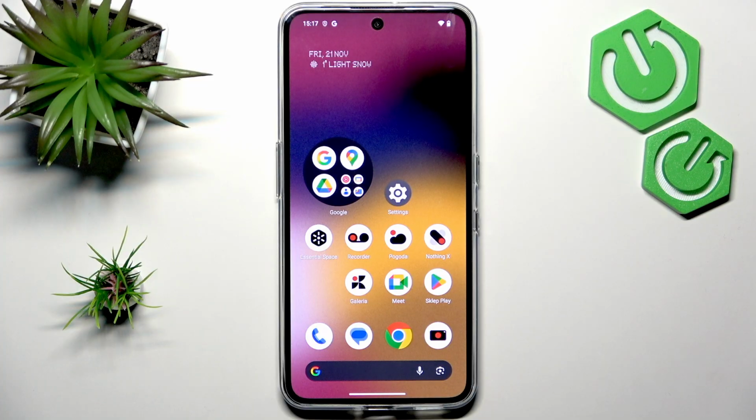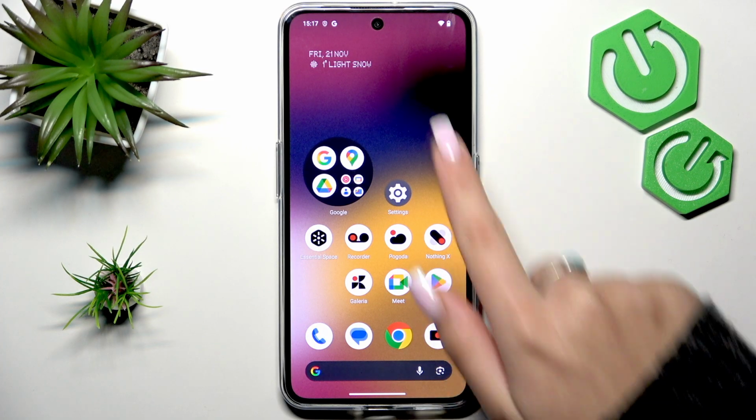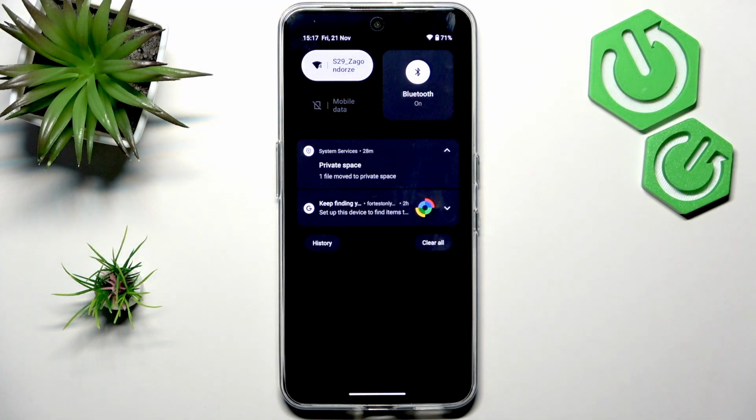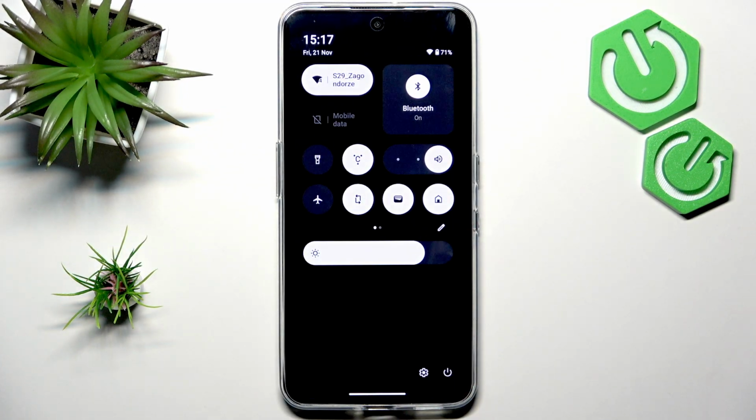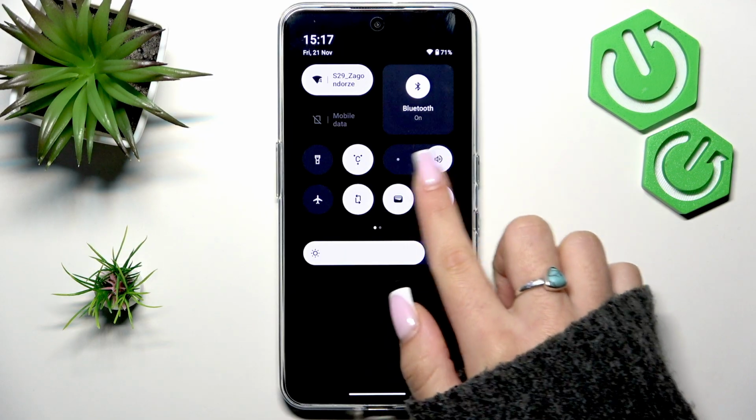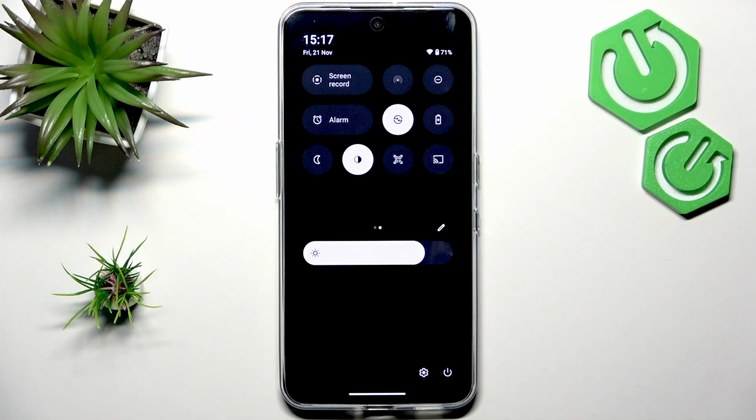First, let's open Quick Settings by swiping down from the very top of your screen like this, and then do it once again. And now here you want to find a button with screen recording. Here is mine, but if you do not see it here in Quick Settings, you have to add this button